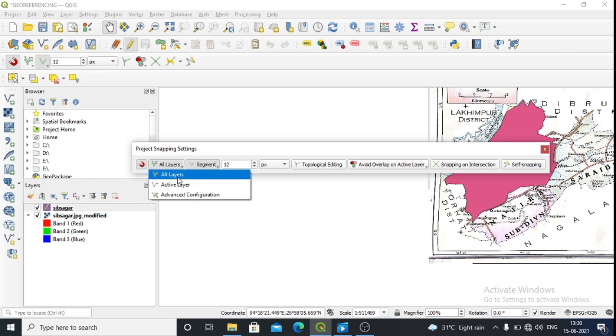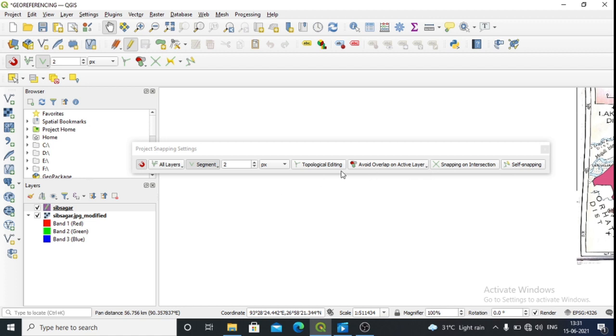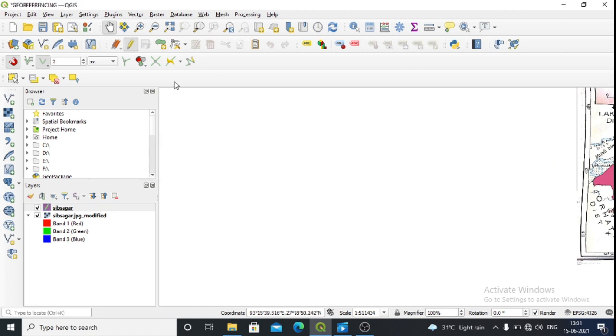Then this should be all layer, decrease it, okay, make it to suppose like 2, okay. So this is done, okay. After doing this one, click on proceed, okay.